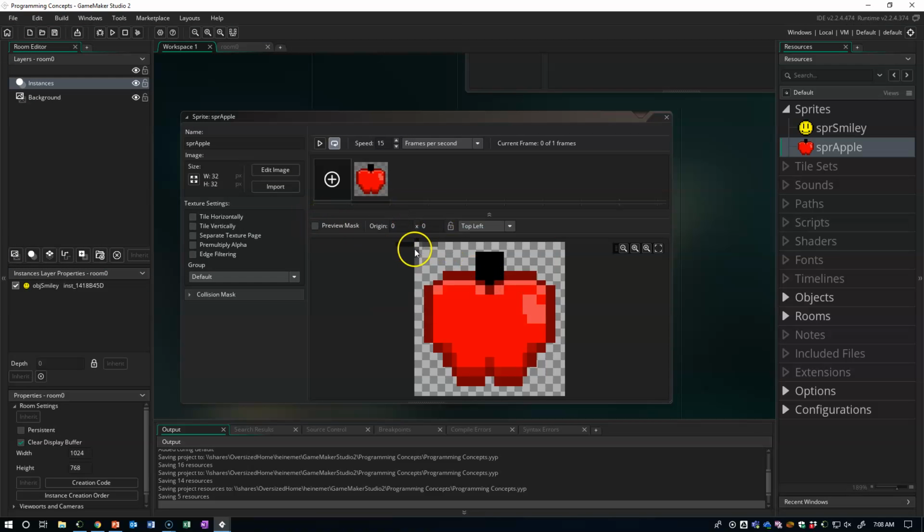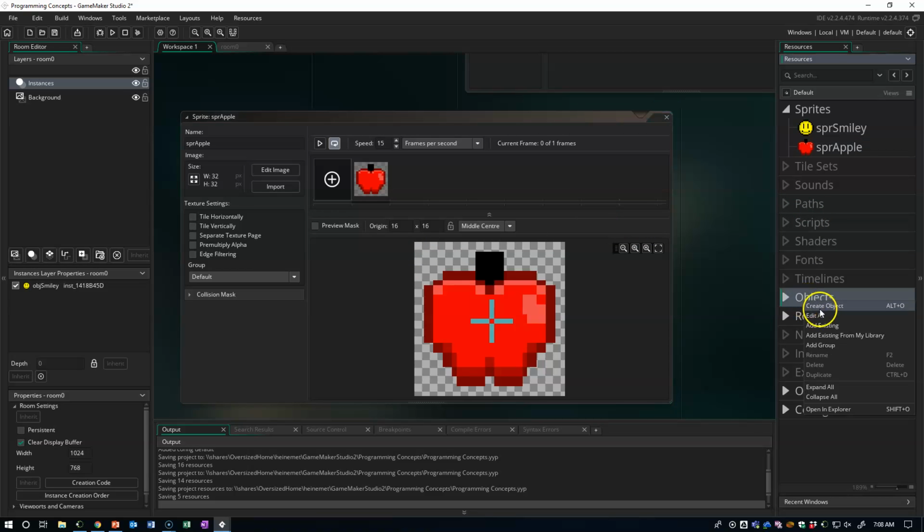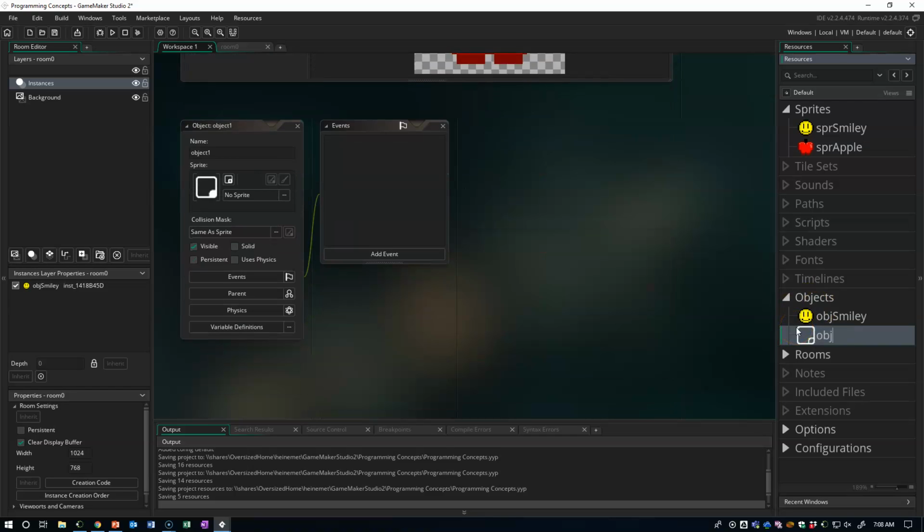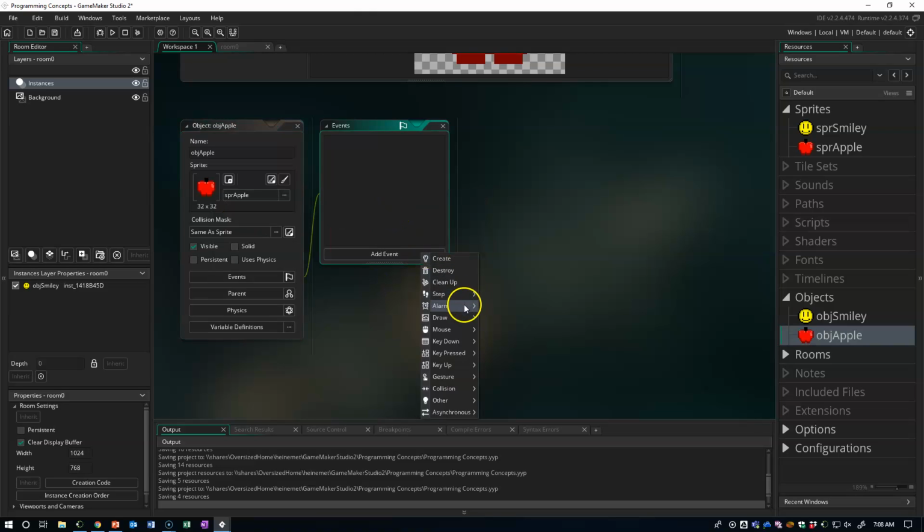Okay, and I'm going to go ahead and change its origin to middle center, just like I did with the smiley object or smiley sprite. And then of course we need to create an object for it. Obj apple, and right now we're not going to do much with the apple other than, oops, we're going to set the sprite first though. Other than when the smiley hits the apple, we will destroy it. So we're going to add a collision event with obj smiley,